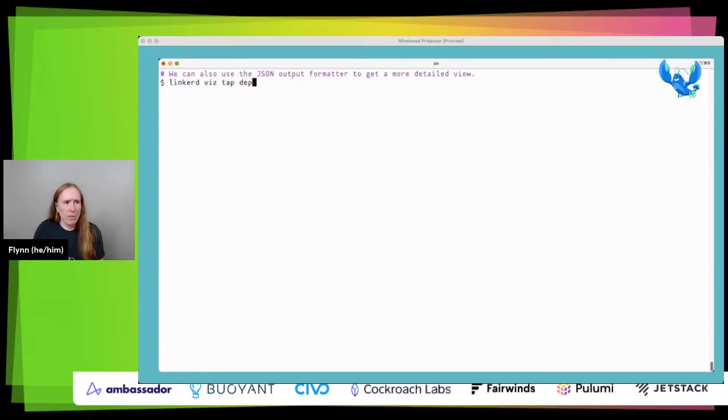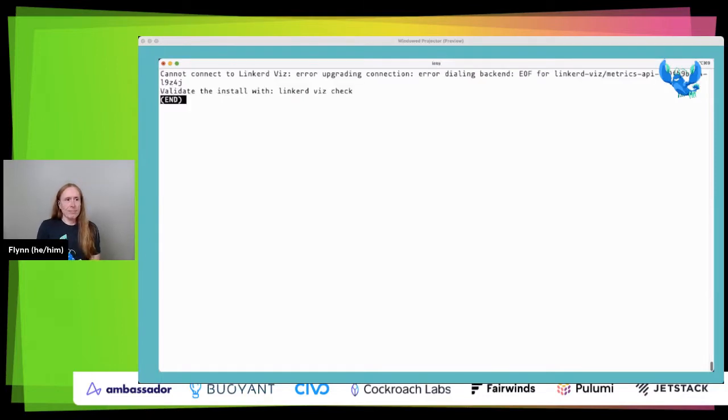And if we really want to drill into this one, there's a way we can run tap, but we can ask it to use the JSON formatter. I know it's a little hard to see, but that -o JSON, the rest of this command is exactly the same as the other one we did, where we are saying tap everything in the web deployment in the Emojivoto namespace, show all the traffic going to the voting deployment with this particular path for voting donuts, but now we want to see it in JSON. And if we do that,